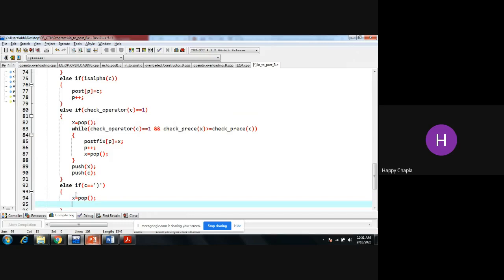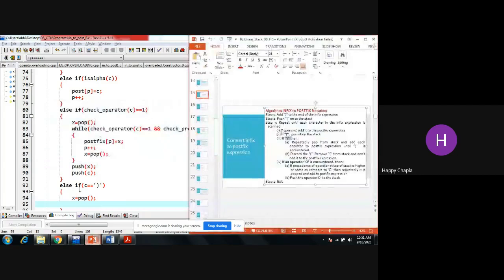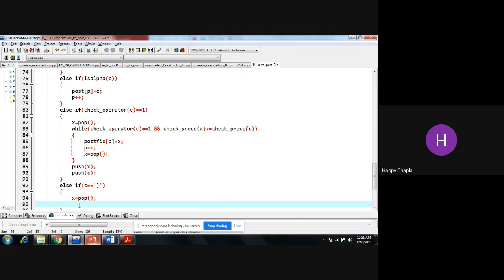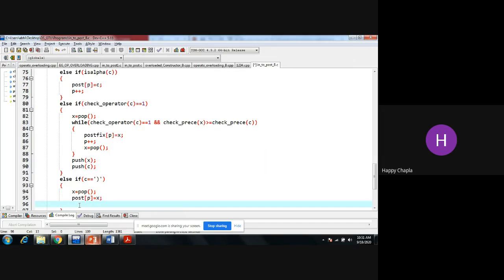Now, till I reach the starting bracket, we need to pop every element, and we need to add those elements into the postfix expression, right? So we have to write that postfix expression with p equals to x, right? So whatever value is coming from the top of the stack to the bottom, I am storing it into the postfix expression.